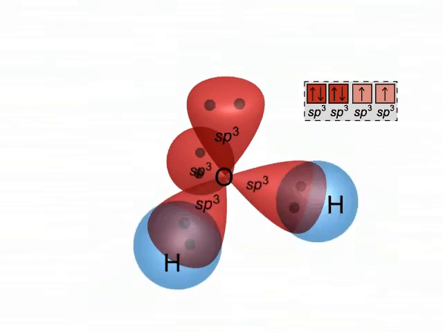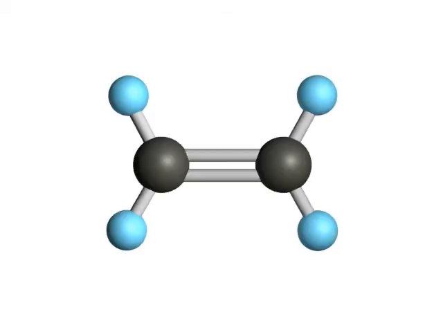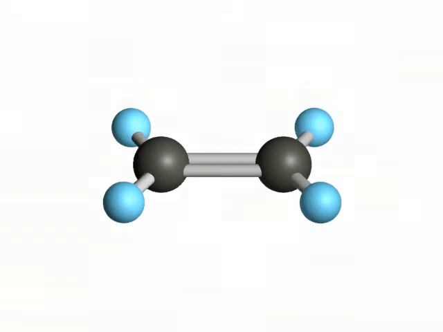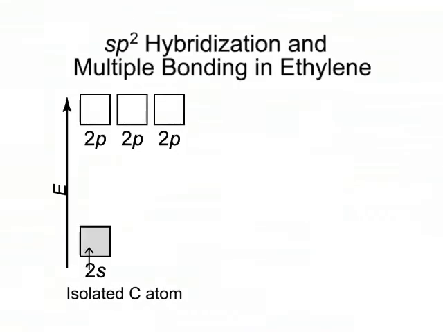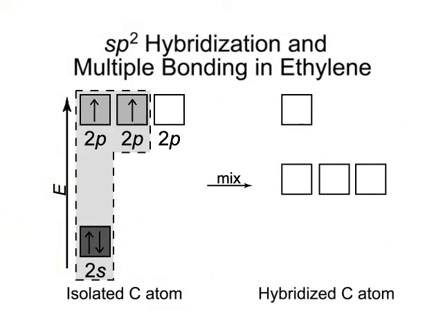2 OH bonds. Carbon is most commonly at the center of a tetrahedral grouping of single-bonded atoms, but it also occurs at the center of a trigonal planar grouping that includes a double bond. Consider the carbon-carbon double bond in ethylene. Valence bond theory proposes that each carbon undergoes sp2 hybridization. Its filled 2s and 2 half-filled 2p's mix to become 3 half-filled sp2 hybrids, and the fourth electron occupies the